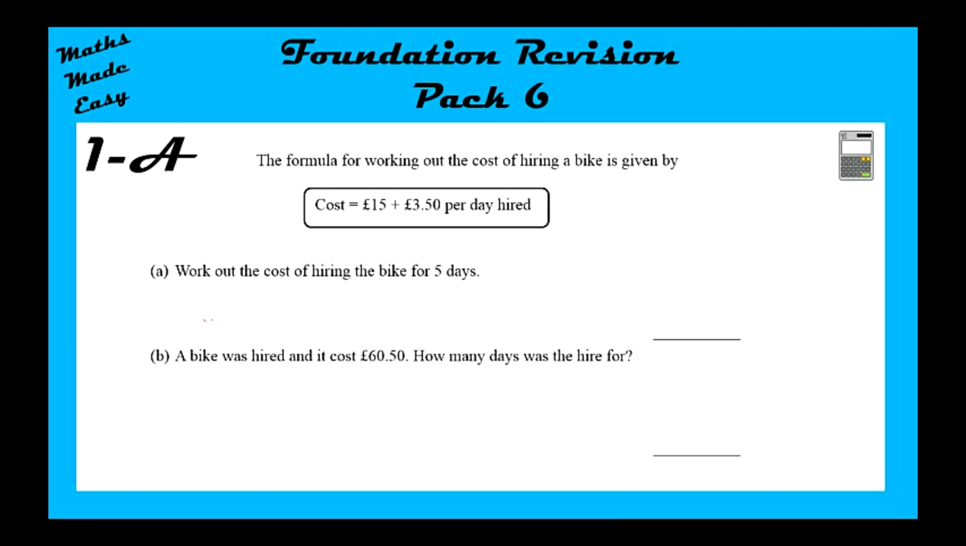Welcome to Pack 6, this is question 1A. So we've got a formula here for working out the cost of hiring a bike. We'll need to work that out for 5 days. So we've got £15, which is our initial cost, and then it's £3.50 for each additional day, so we multiply that by 5. You type all that into your calculator, you will get